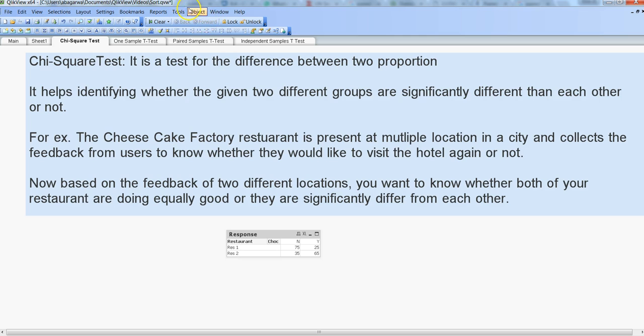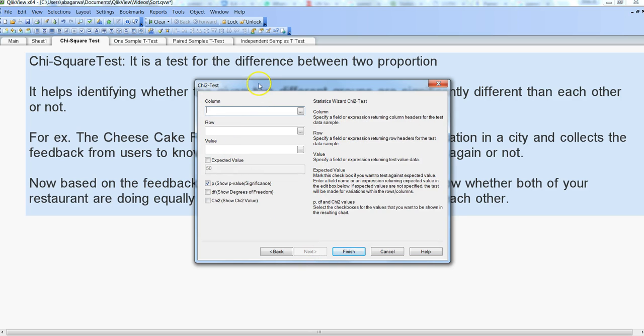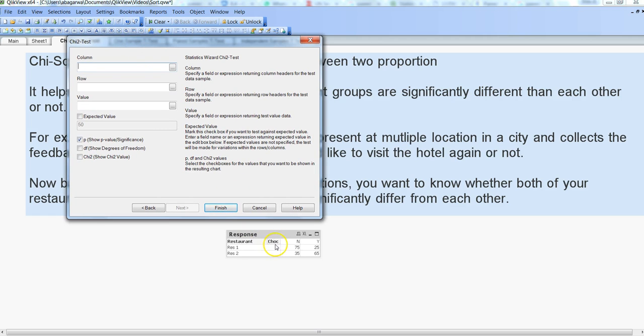So let's go into the Tools Statistics Chart Wizard, and chi-square test is what we need to select. Here also some definition is given, but I felt that it is a bit technical, more towards the statistical side, and without an example. That's why I thought of giving you an example over here. Let's click on next, and in the column of our data we have choice, CHOICE, so that's what we will write. And within the rows, the column name is restaurant, so we will write RESTAURANT,